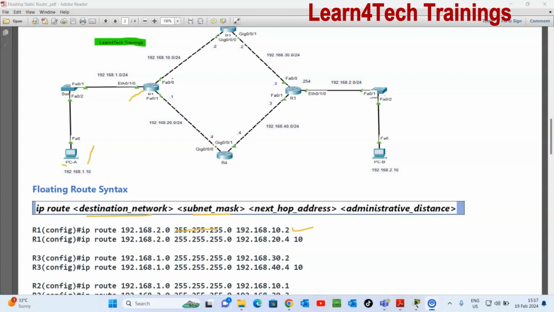like PCA, to access this network, or any device within this network, for example router B, from router 1 to reach this network, we must pass through 192.168.10.2, this route. So from PCA to reach PCB, or for the packets from PCA to reach PCB, we have to use this route,